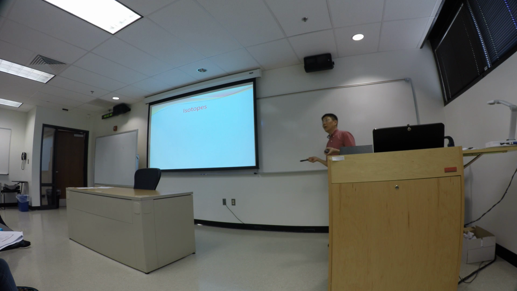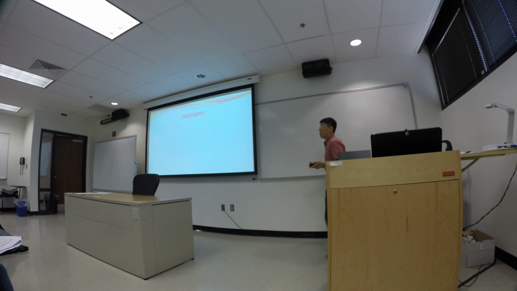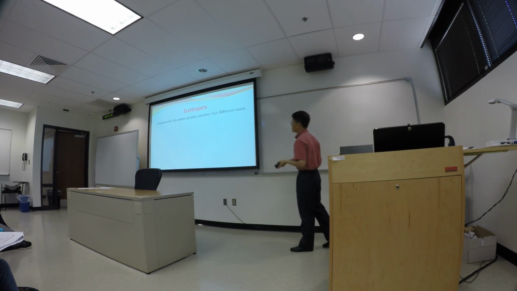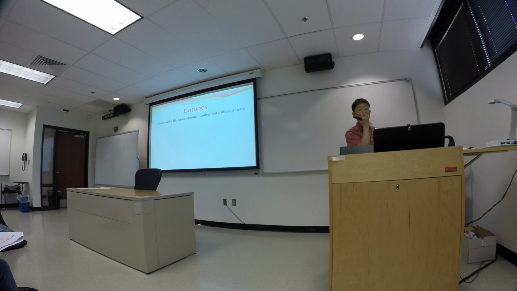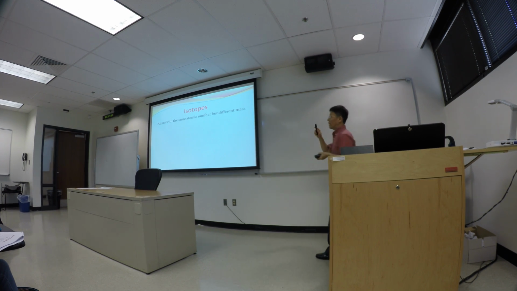Okay, so talking about the number of protons and number of electrons, then we come up with the term that we call isotope. Now, isotopes, by definition, are atoms with the same atomic number but different mass. Or in a sense, if the mass of the atom is determined by the number of protons and neutrons there, if they have the same atomic number, well, that means they have a different number of neutrons. Now, the term isotope refers to the atoms within the same family. Okay. Now, in order for something to